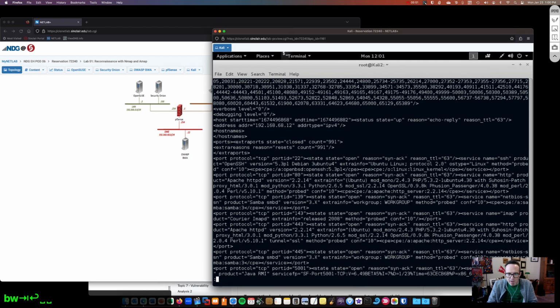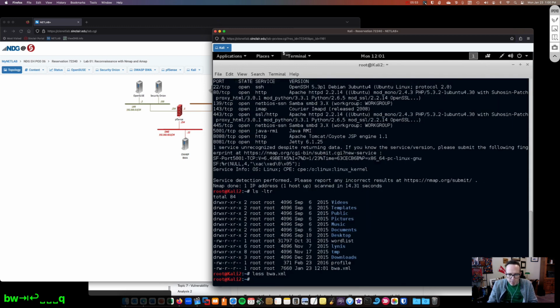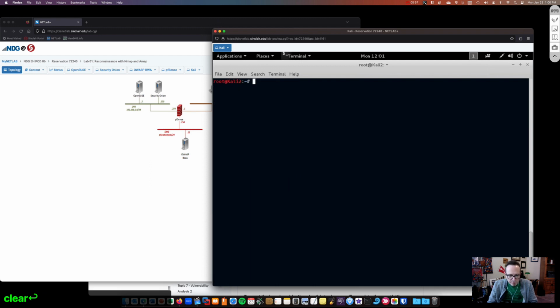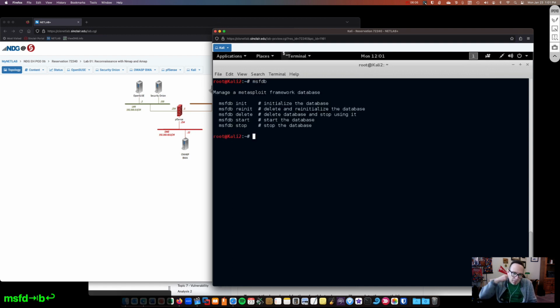which is in XML format. I'm root user right now. We have the bwa.xml here, and I'm going to start Metasploit. Before I do, I'm just going to run msfdb. Here we can initialize the database, delete it, reinit it, and start it. I'm just going to issue the start command to make sure it's running. It's using Postgres, I believe, in the back end. No results is good; it should be running. So our next command is